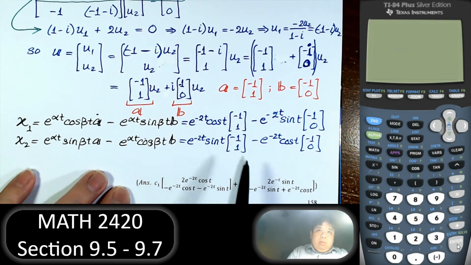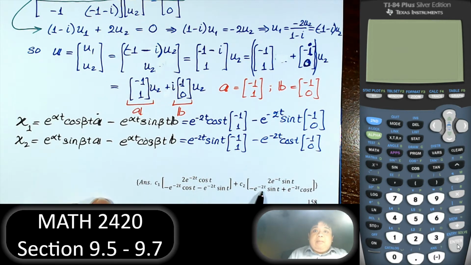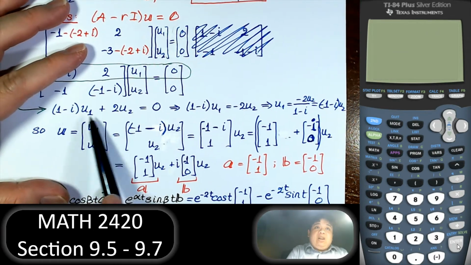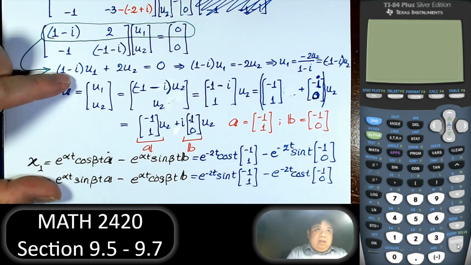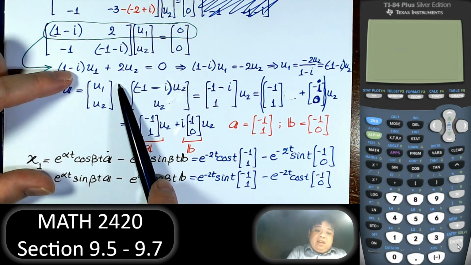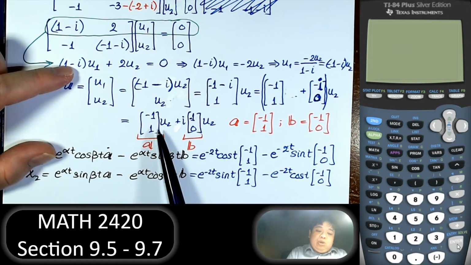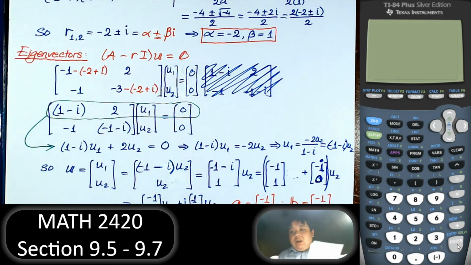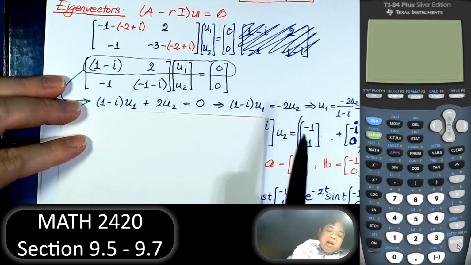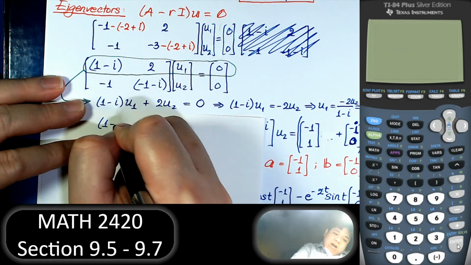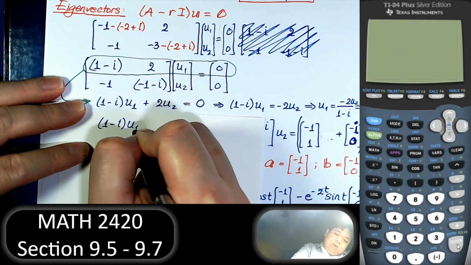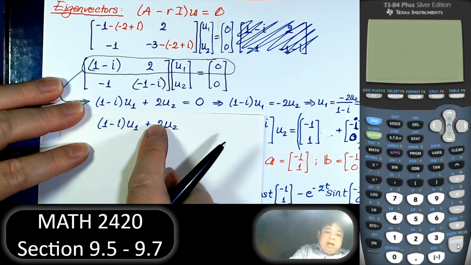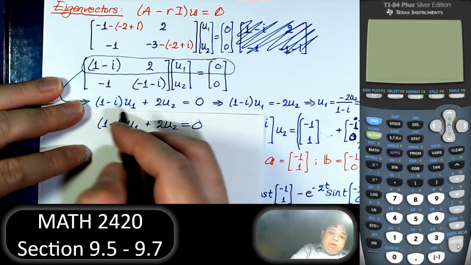Of course, if we combine them, it's not going to be like this. However, remember, when we choose the eigenvalues and the eigenvector, we can choose u2 to be anything, right? In this case, I choose u2 to be 1. Now, if we choose u2 to be different values, it might work out better. So let's look at this. 1 minus i is equal to u1 plus 2u2. Now, if I move 2u2 to the other side,